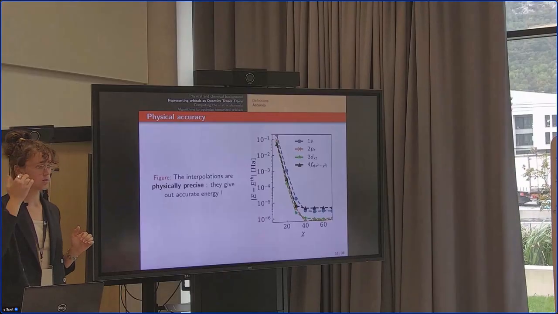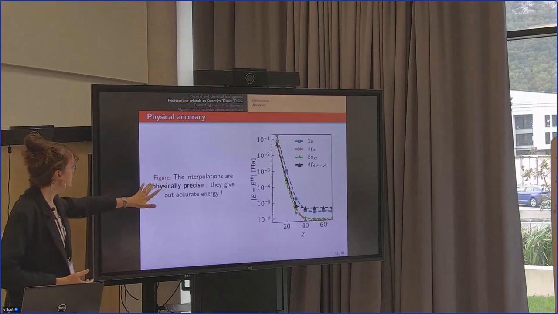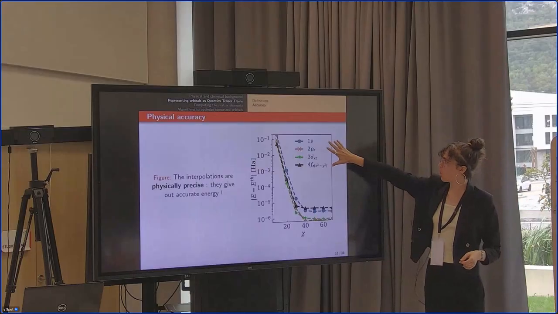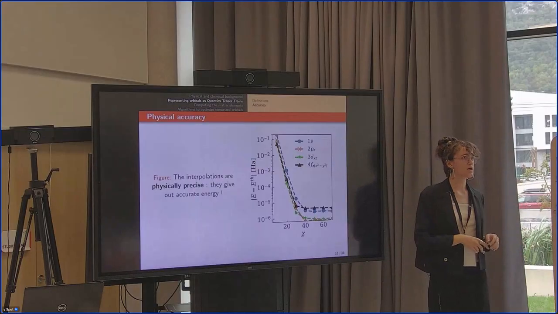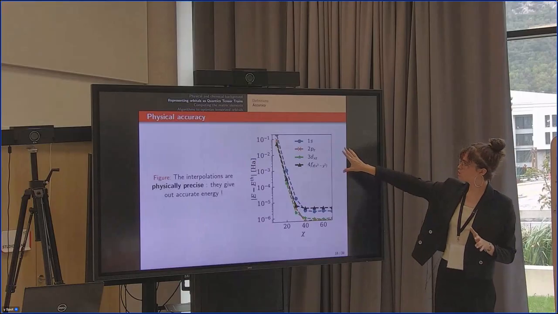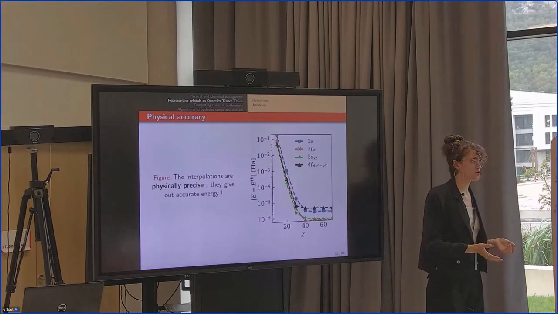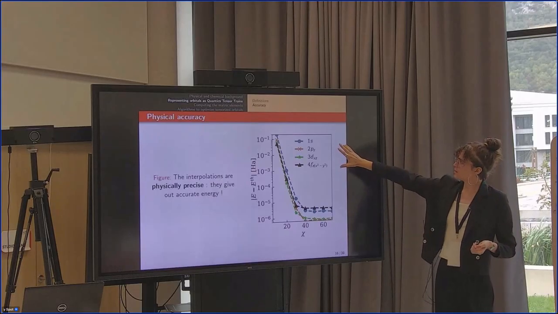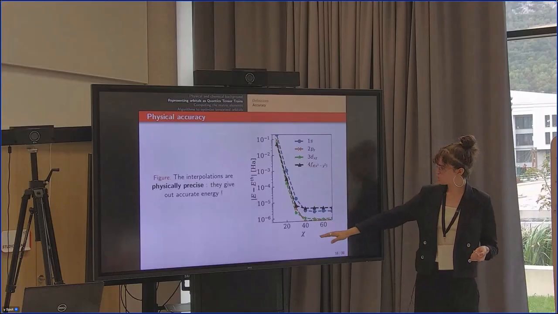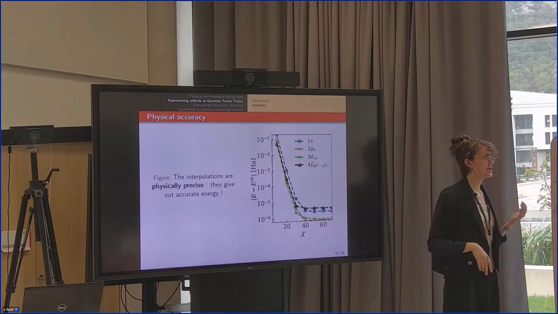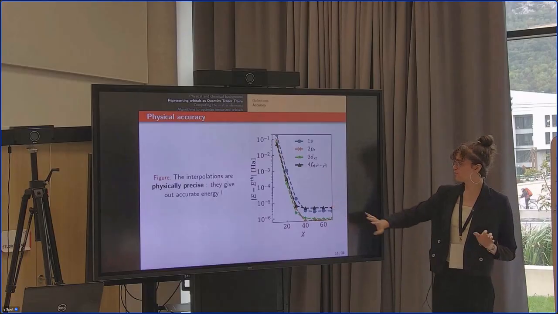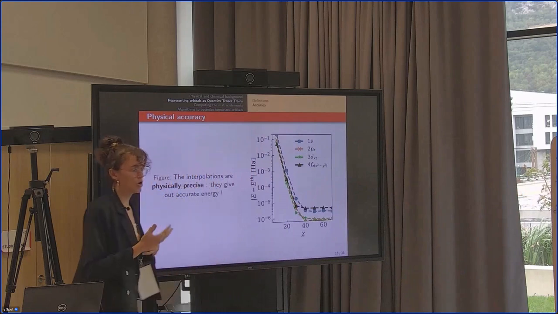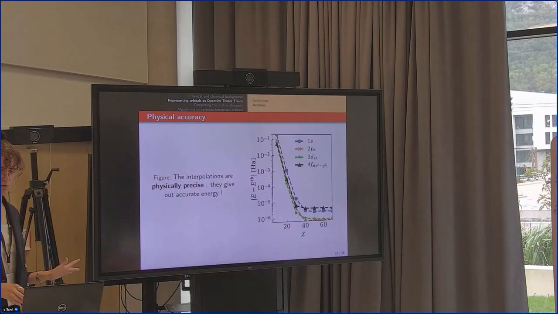Because what we are evaluating is integrals. So here what we did is that we use TCI to construct MPS to interpolate these 4 orbitals for the hydrogen atom. And then we computed the energy on the hydrogen atom of these orbitals and compared to the exact solution. This is an exactly solvable case, so we can compare to the exact solution. In all these cases, here I'm plotting the energy in R3 as a function of the bond dimension. We see that when the bond dimension gets to about 40, we have 5 or 6 digits on the energy, which is way more than we actually need because we are aiming for 3. So this is very promising.